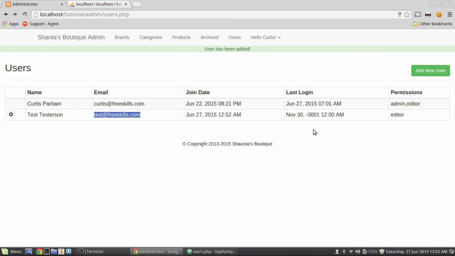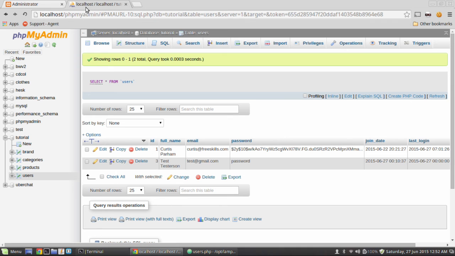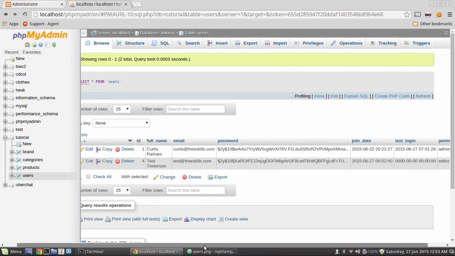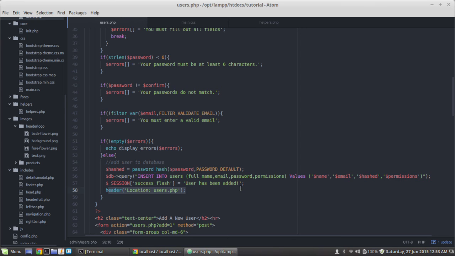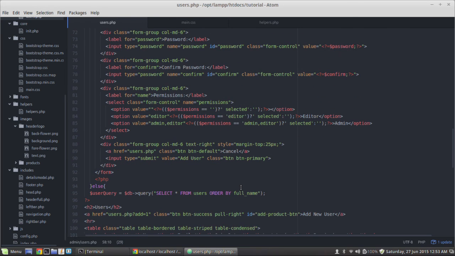Now, do notice one thing, this date right here. This date happens because if you look in the database, and I just refresh, which by the way, I just want to point out that both of these passwords are the same, but they're different in the database, which is what we want. But this join date, see how it's all zeros? So we just need to add a check there, and that's just going to, down here